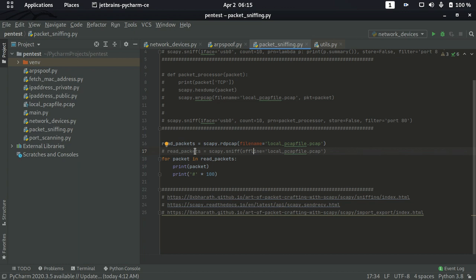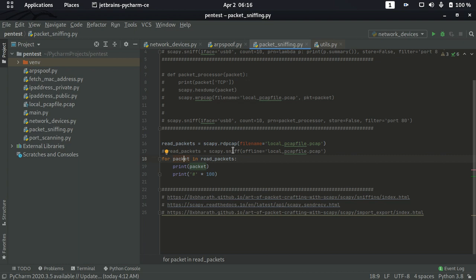Once you read that pcap file, it will give a list of packets, because as you know, we wrote the pcap file for multiple packets. It keeps on monitoring or sniffing your interface. Whichever packets come to your interface, or whichever match your filter condition, it will write to your pcap file. So obviously the pcap file will have multiple packets. Since it has multiple packets, rdpcap will return them in a list format.